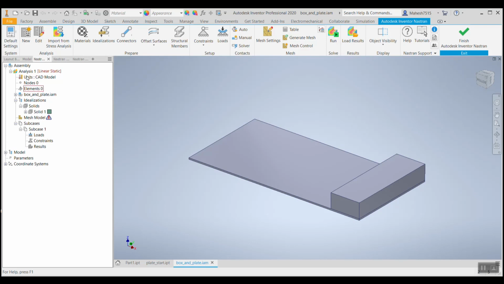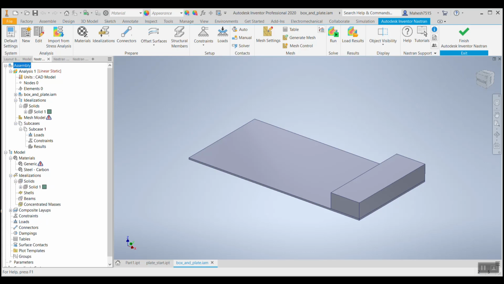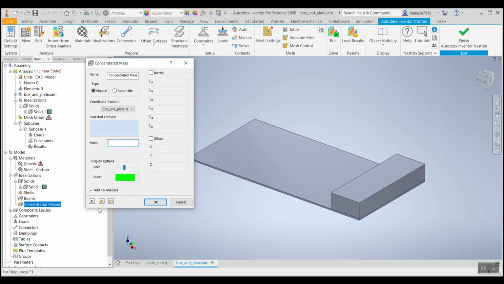So this is your analysis design tree, analysis tree. If you go further down, you will get the model tree. Open this model tree, and we have an option called concentrated mass inside idealizations. So go over here and say new, and this will have options for both manual and automatic constraints.